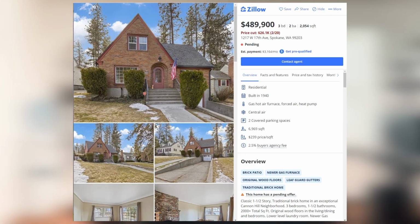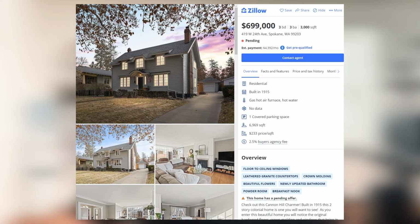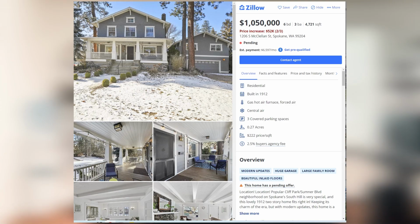Now with that, the average days on market for a home on the South Hill right now is around 17 days, which is pretty good considering the average sale price in the South Hill is $476,000. Now we showed you several price points within your potential budget today, and if you're looking to go a little bit lower, that's okay. Just keep in mind the most popular price range right now is that $400,000 to $600,000,